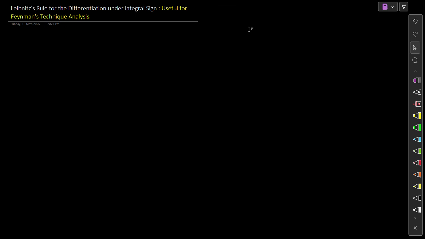Alright, so let us begin with the theory of the Leibniz rule for derivative under the integral sign. As I've mentioned there, it's very much useful for the upcoming Feynman technique analysis. The main topic here is that in general, we know that using the standard Leibniz rule, we